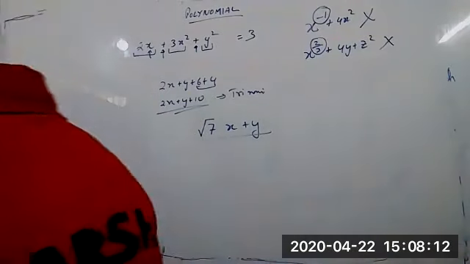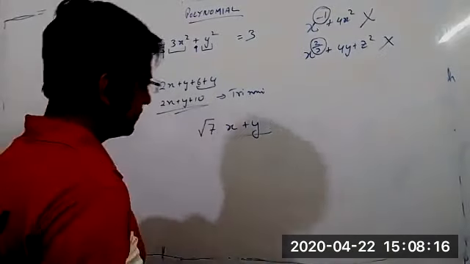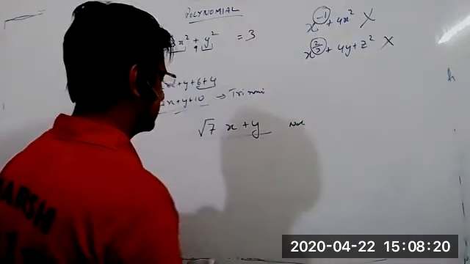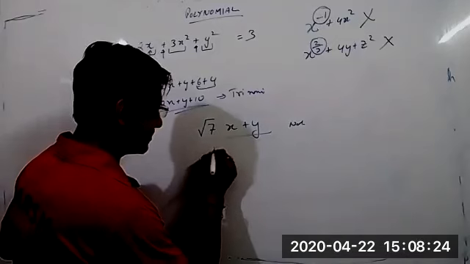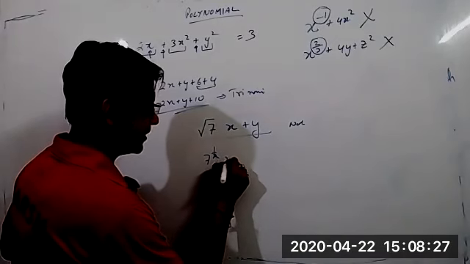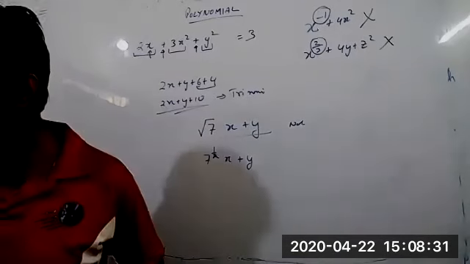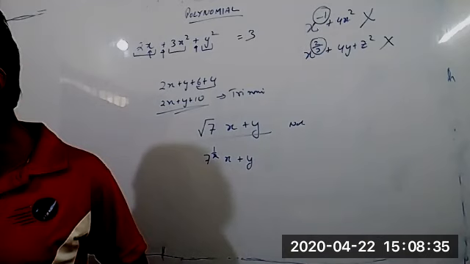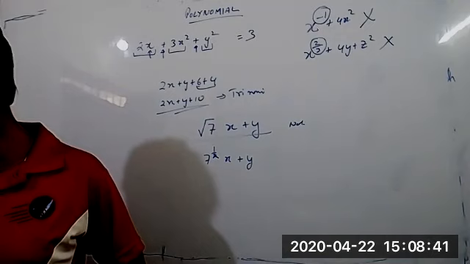Rashi? It's a polynomial or it's not a polynomial? It's not a polynomial. Very good. Why not a polynomial? Root 7 is 7 to the power 1 by 2. Oh, very good. 7 to the power 1 by 2 into x plus y. It's not a polynomial. Why? Because it has a power which is a fraction. Whose power? 7. So, what's your definition of polynomial?